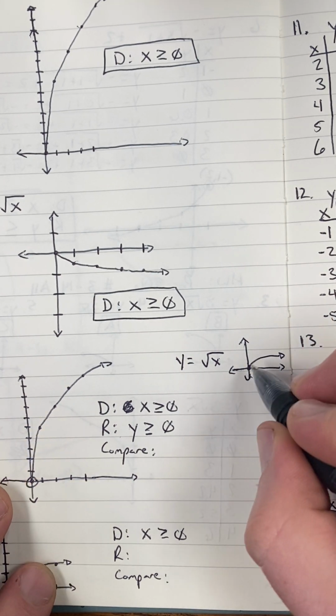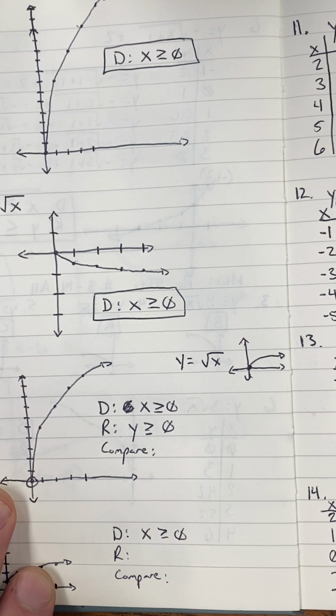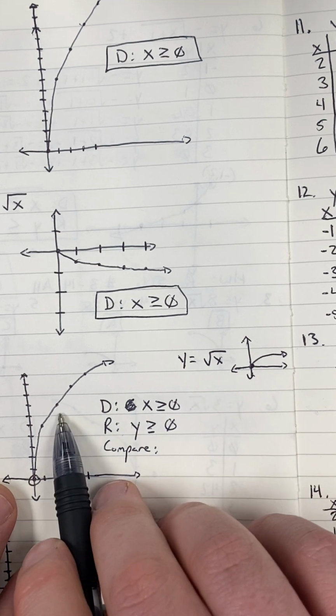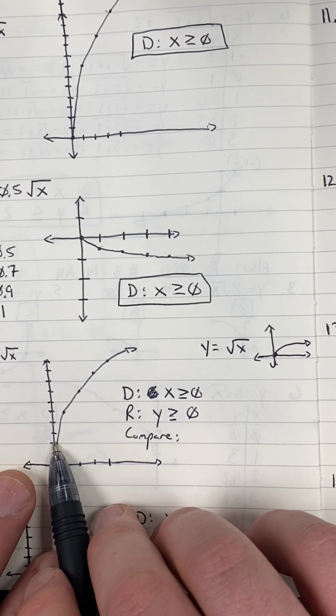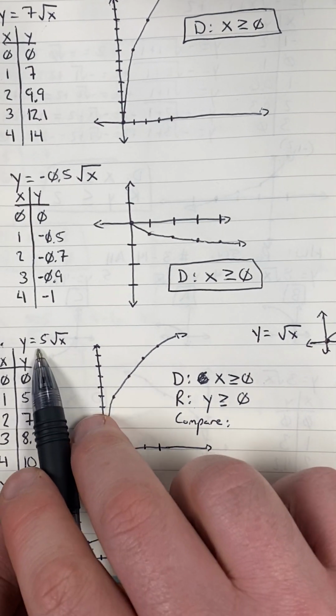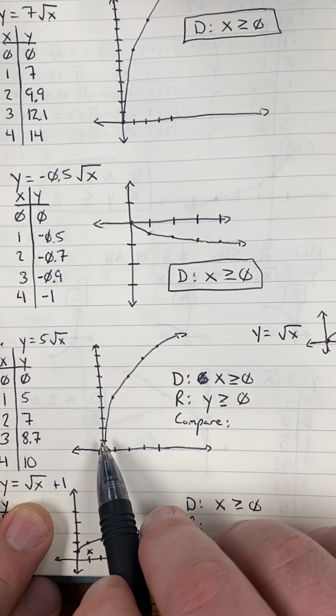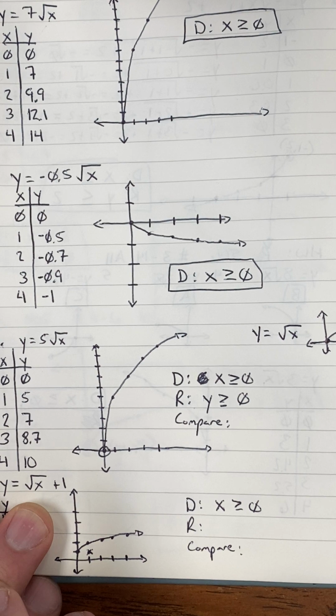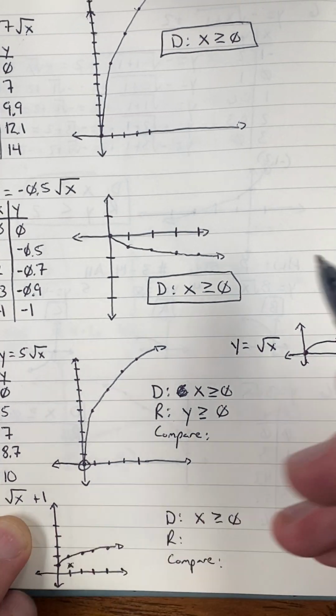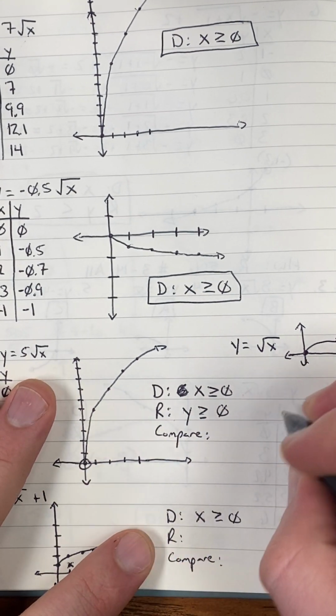That's the general shape of y equals square root x. And so if I'm comparing this to this, I'm going to notice that this one, if I have a number in front, this 5, means that it's going up 5 times faster. Okay? And that's something I'm going to say, is that it